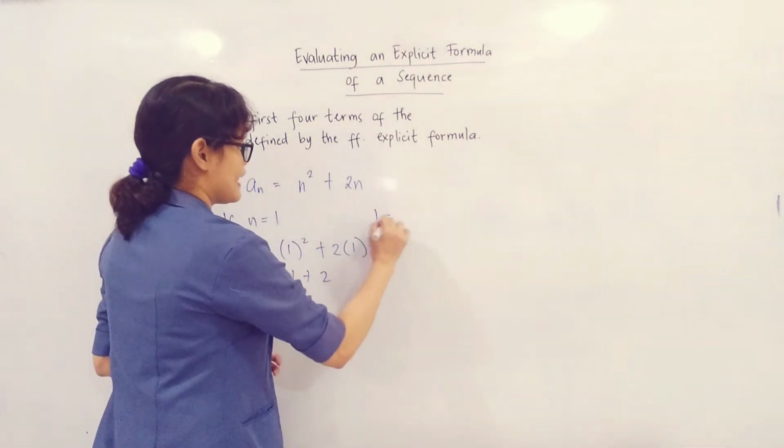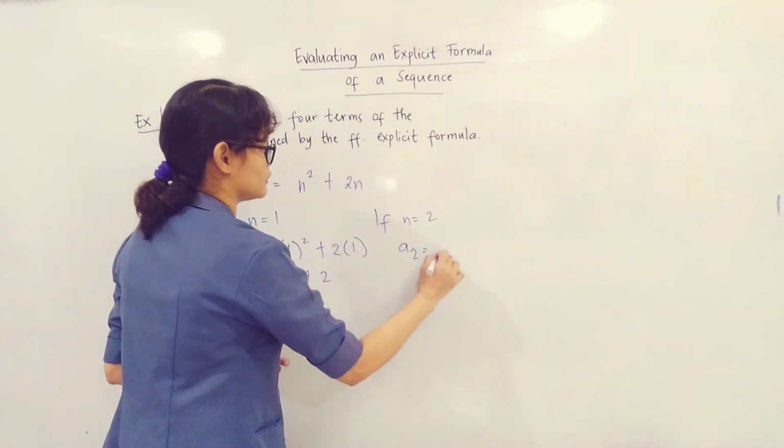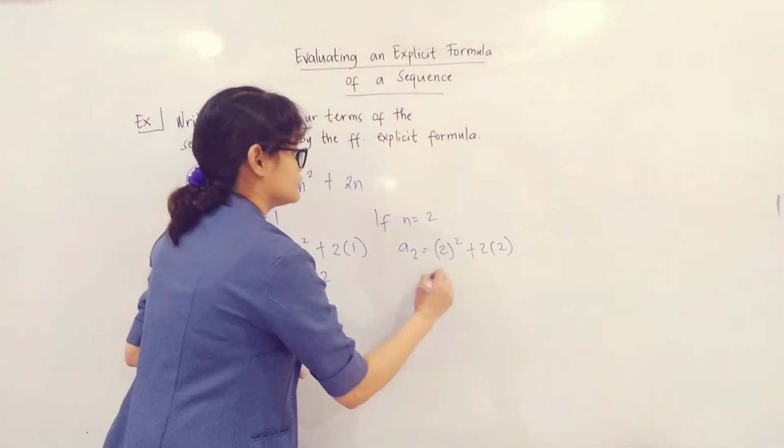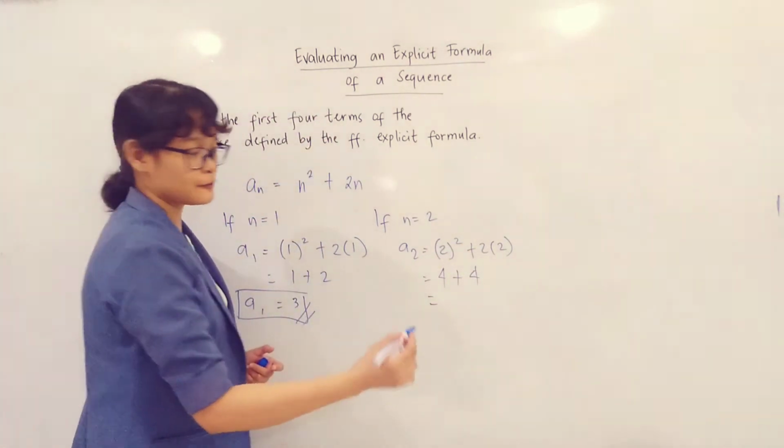Next, if n is equal to 2, substitute, so you have a sub 2 is equal to 2 squared plus 2 times 2. 2 squared is 4 plus 2 times 2 is 4. 4 plus 4 will give us